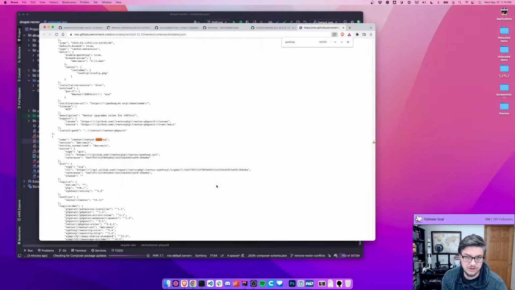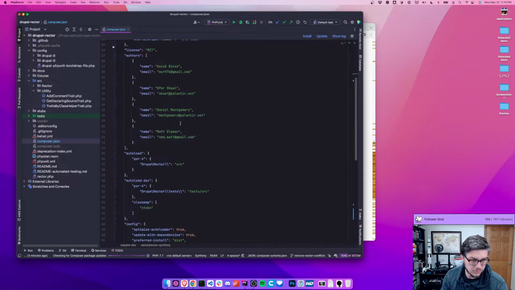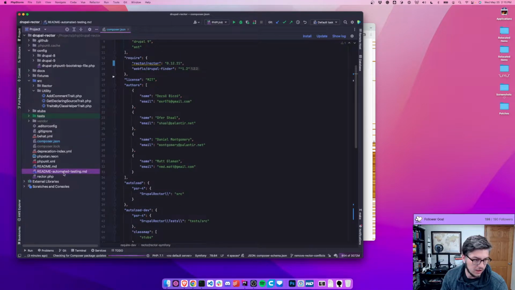Because once we get to here, I think I'll be fine removing any constraints. So we got that. We'll make it